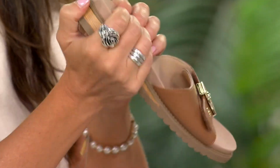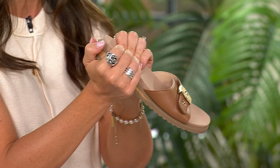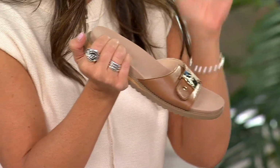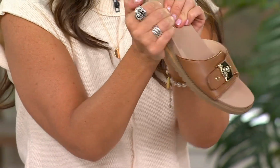And what that does is this type of molded EVA, it's not going to wear out over time. You're not going to start to see your feet in it over time, like those cheapy flip-flops that you'll buy and throw away. So what's great is it gives you that durability, and you can see, I wouldn't be able to do that. You see how it's